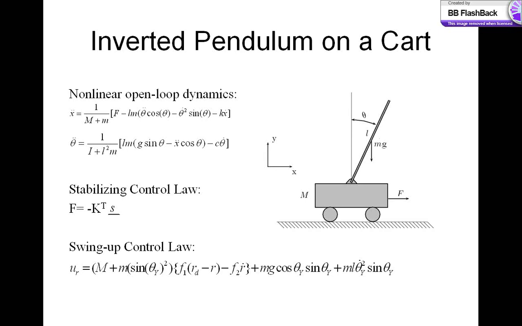Here are the nonlinear open loop dynamics, which were derived using both Newtonian and Lagrange. Here reference was made to Marvin Bugeja's nonlinear swing up and stabilizing control of an inverted pendulum system, done at the University of Malta, May 2002. And there are two controllers. The swing up controller, which is a nonlinear controller which swings the pendulum from the downward pendant position to the upward position, and the stabilizing controller, which is a linear controller and it only behaves in the neighborhood of the